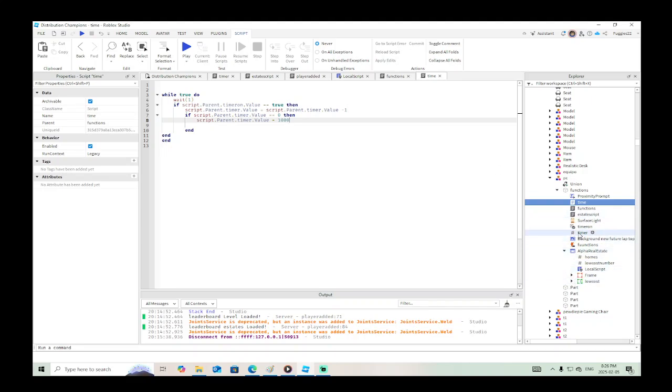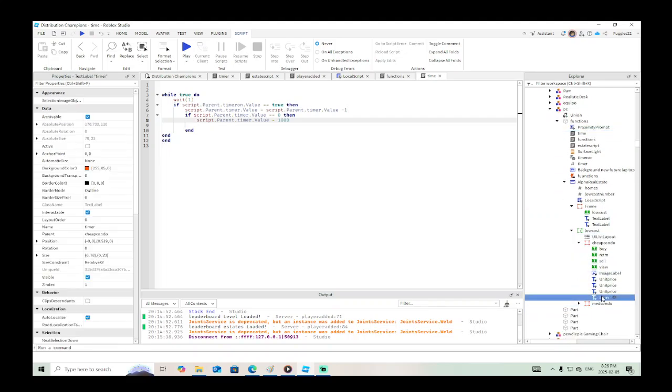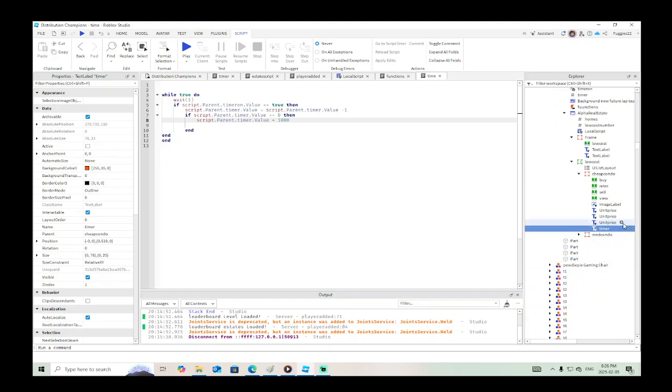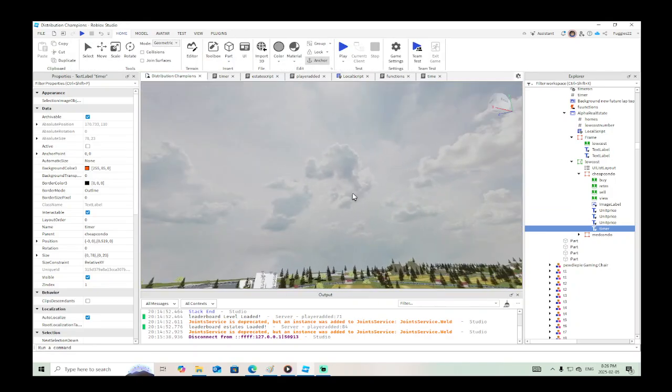Now, the next thing we need to do is update the interface with the timer. So we now need to be able to connect the timer to the interface. I don't know what the best way to do this is. If it's just to write a script inside the timer which picks up that integer while it changes, we could do that. We could try that. So where I have a system like that set up is